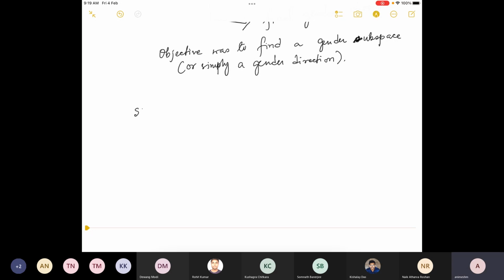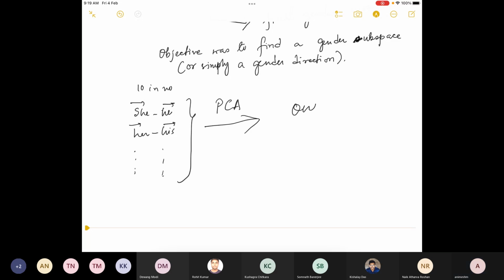There were some such pairs. These were all gendered pairs, and they carefully chose pairs like 10 in number. Out of this they did a PCA and they found one vector